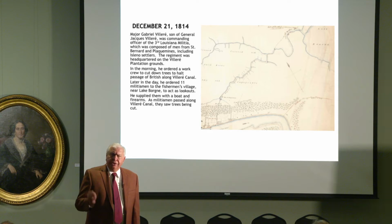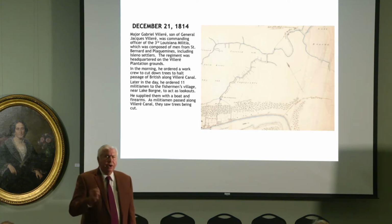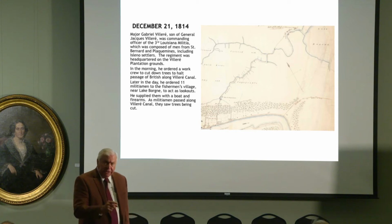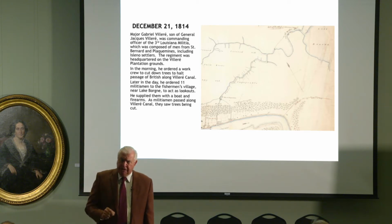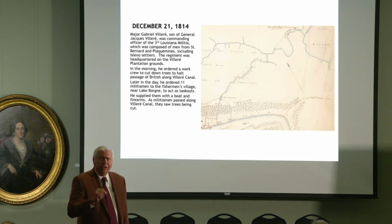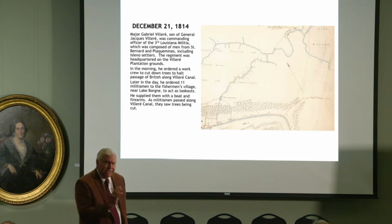This was an extraordinary thing because neither Jackson nor any of the Villeres nor any of the militiamen knew anything about this control. And in fact, the British, but for an act of God in inclement weather, could have had their actual landing as early as the 18th or 19th. A severe cold weather system, which began on the 17th and really hit on the 18th, prohibited the British from coming in any earlier than they did,